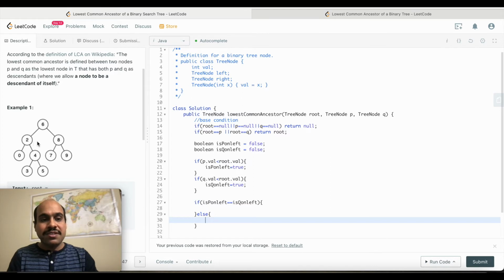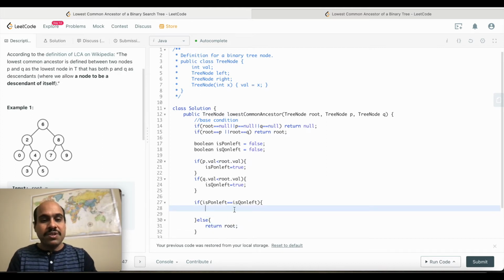For example, in this case, if we are given p as 2 and q as 8, we check with the root node. p is on the left side because its value is less than the root's value, and q is on the right side because its value is greater than the root's value. In that case, we cannot recurse on the left or right side because they are on different sides. So we can simply return root. And for this condition, now I have to see, so this checks whether they are both equal.